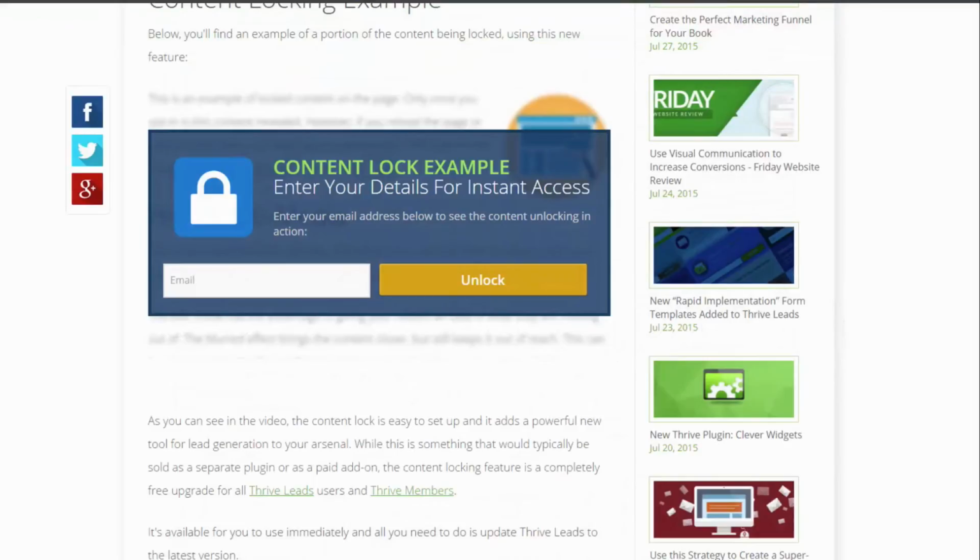Another, I would say, often forgotten or overlooked kind of opt-in form is just having it inline in your text, okay? The example I'm showing on the screen here is a content locking type, where you actually lock part of your content behind an opt-in offer. Let's say you have an article with, I don't know, 12 tips to lose weight or something like that. At the end of the article, or even at the beginning, you can have a locked part that says, you know, enter your email address here to unlock 3 bonus tips. All right. And that can be a content locking thing.